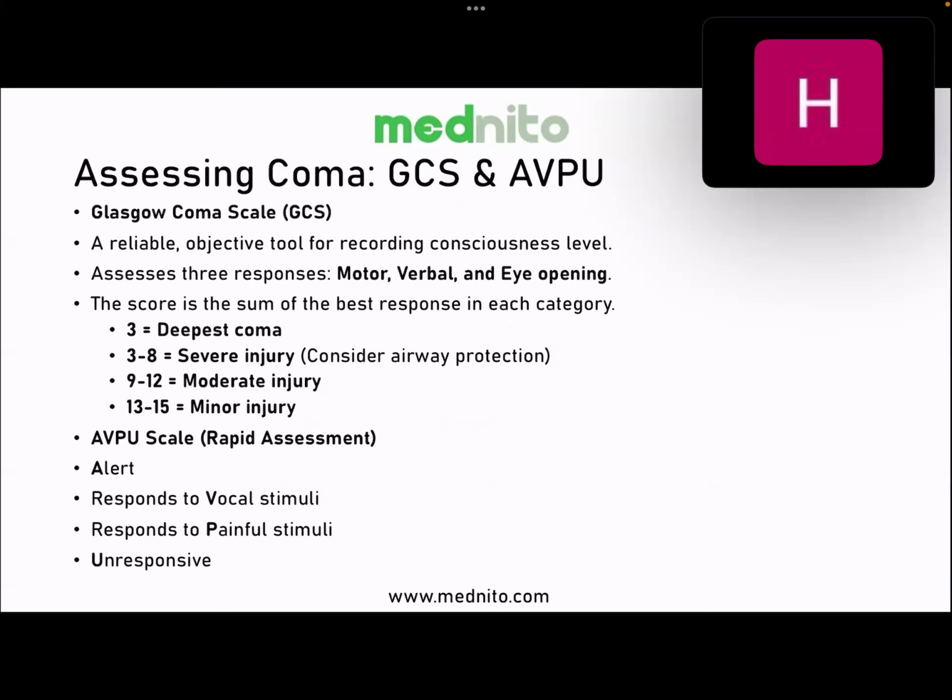All right. You all know about the Glasgow coma scale. I only want you to understand that if it is 3, it is the deepest coma. It carries poor prognosis. What do you have to do if the patient has got a Glasgow coma score of 3? You'll find the motor, verbal, eye opening and everything. You can find out the grades and everything, but this is not what I'm teaching you here. I'll tell you the most important points.